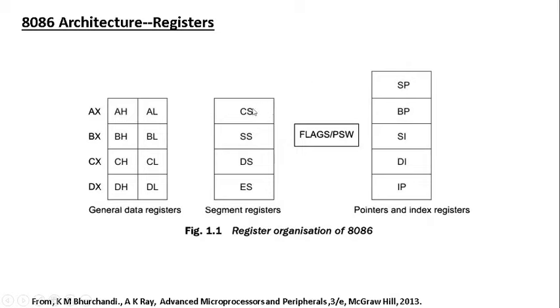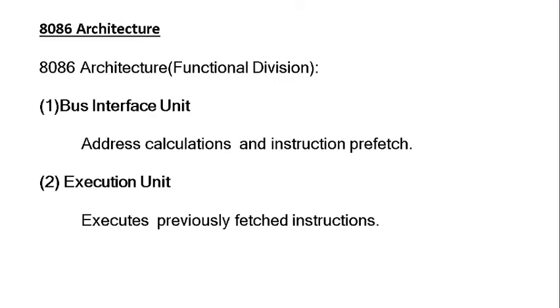This segment register will be combined with any of the pointers here, based on the allowed pairing, and an address will be generated. If you are going to use a pair of registers for addressing, that addressing mode is indexed addressing mode, right? So 8086 follows an indexed addressing mode. That's what you have to remember. Then as I discussed earlier, the flags register holds the status of the machine.